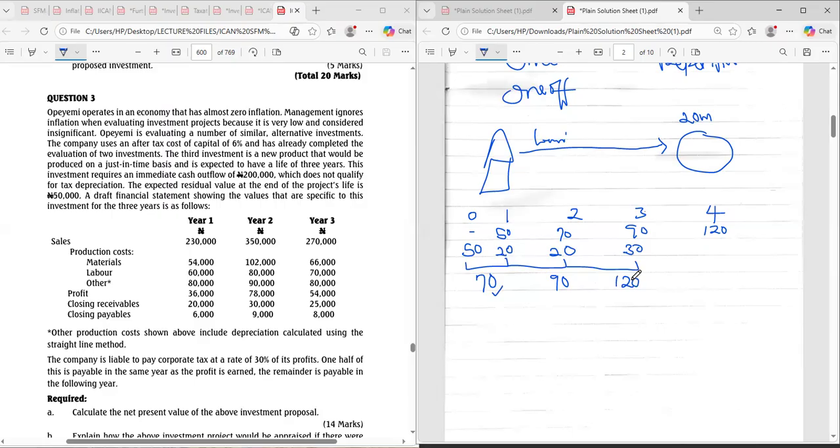At the end of the year, which is at the end of the useful life of the project, what do we do? All these figures are in brackets. They are negative because I am giving to you. As at the end of the year, what is going to happen is that I'm going to get back my own. Okay, project don't finish now. Give me my money. I'm going to give you 20 million and still give you 120 million again as working capital. Pay back. You have to be a responsible project.